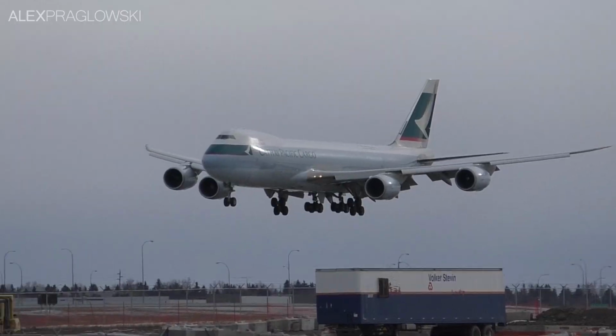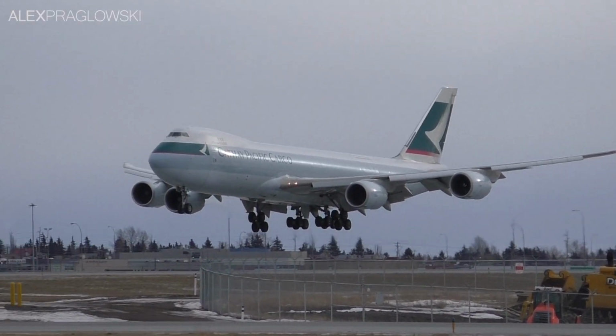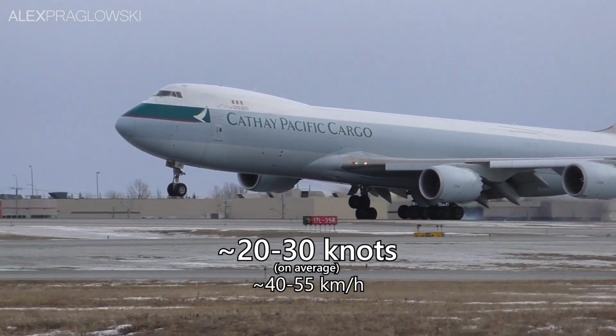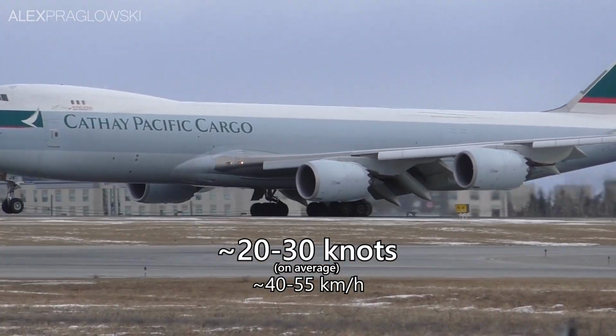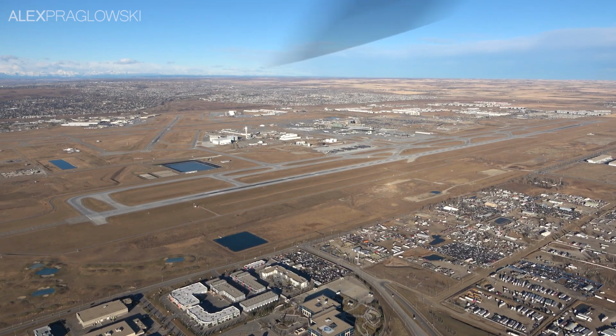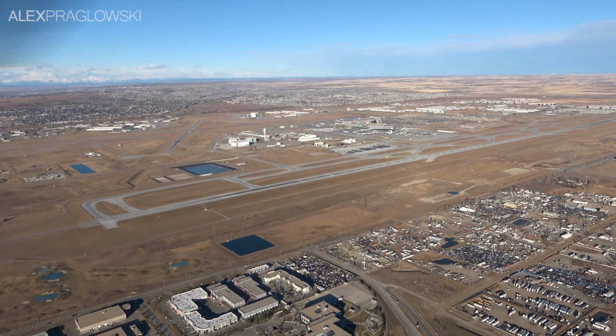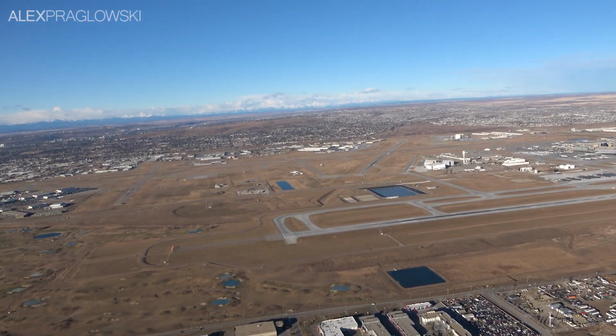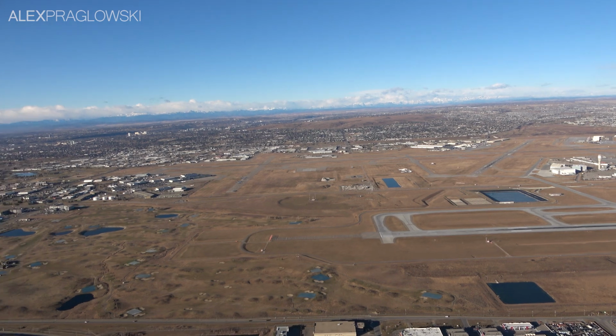winds. By the time they reach Calgary, these winds have an average speed of 20 to 30 knots, or 40 to 55 kilometers an hour, which can make takeoffs and landings tricky on the parallel runways. Aircraft all need to take off and land into the general direction of the wind, and when these westerly winds get too strong for certain aircraft to use the parallel runways, then you'll start to see operations on 29 and